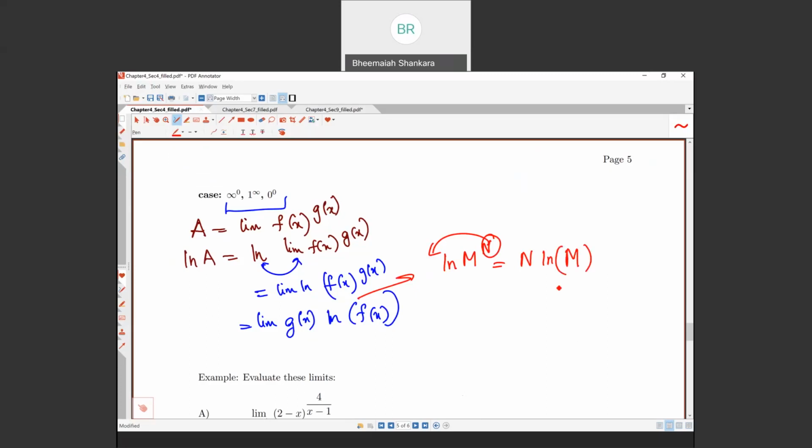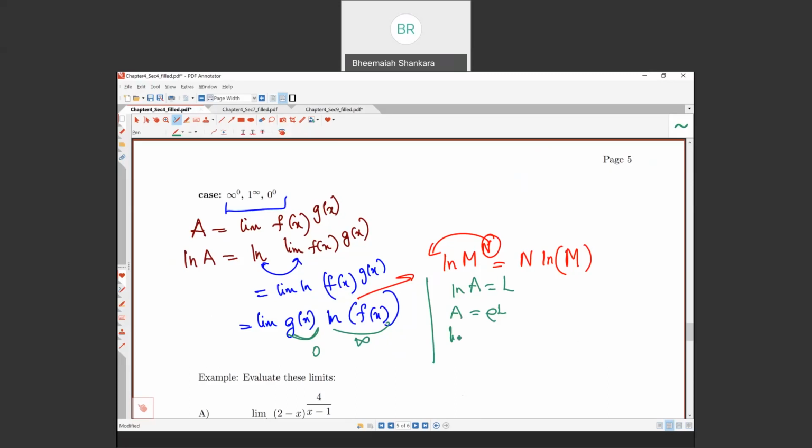Now doing this, you want to plug in and check the format carefully. Say this type of limit is x approaching 0, so g of x goes to 0. And then you have ln of f of x, which may end up going to infinity. So you have 0 times infinity pattern. So once you have this nice neat pattern, you want to write ln a equal to L, and then a can be written as e to the L.